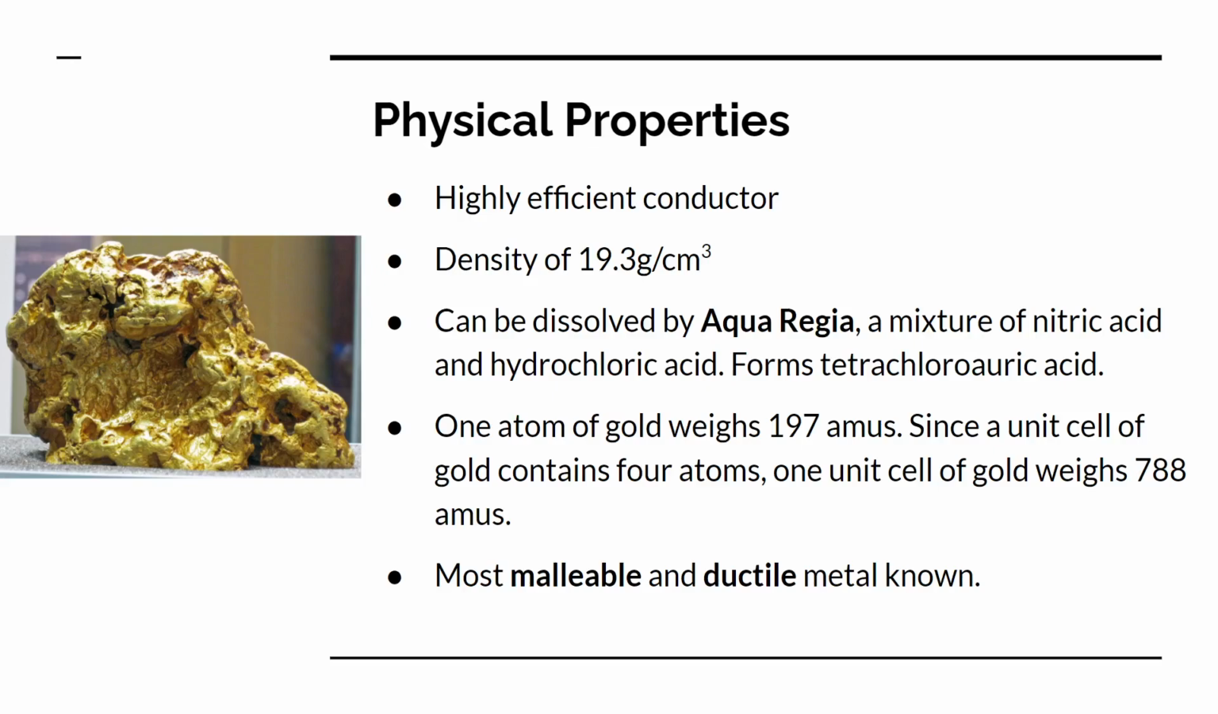But the main takeaway from this is that gold can only be dissolved by a mixture of nitric acid and hydrochloric acid. Now, 1 atom of gold weighs about 197 AMUs, because as you recall, the most common gold isotope is gold 197. Since a unit cell of gold contains 4 atoms with its face-centered cubic structure, 1 unit cell of gold weighs 4 times 197, 788 AMUs. Gold is the most malleable and ductile metal known, and real quick, I want to go over the